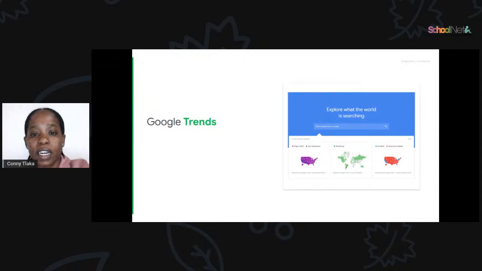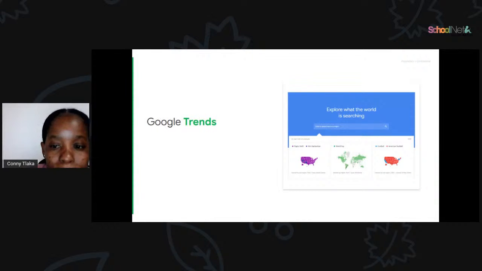With Google Trends, you need to explore what the world is searching for, by entering a keyword or a topic in the Explorer bar. So you need to see a daily search trend, to see a year in search data, and also find guidance materials about new trends. That is how you're gonna explore Google Trends.